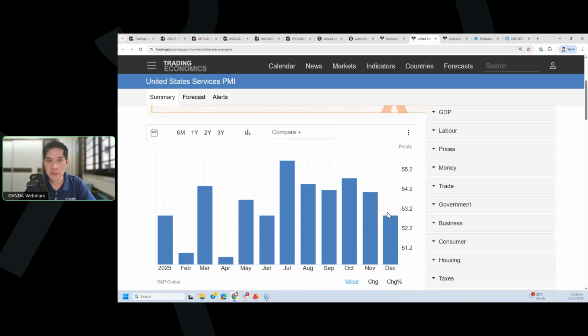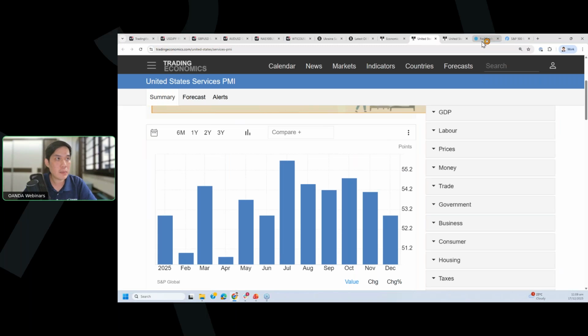In a nutshell, what we could see is a sluggish US labor market coupled with this leading economic indicator, the S&P Global US Flash preliminary figure for the services PMI for December, which has started to slow down in terms of its pace of expansion. Net overall, it could still allow the Fed to be justified in cutting rates next year. So the next question for market participants is the pace of that interest rate cut.